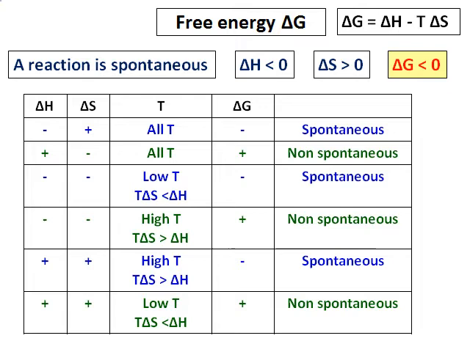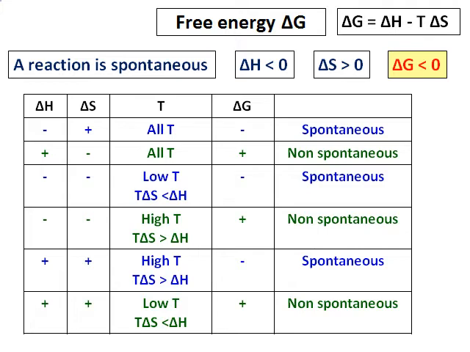thus finding the reaction to be spontaneous or non-spontaneous. You can see that in the case of negative delta H and a positive delta S, for all temperatures delta G will be negative and hence the reaction will be spontaneous. But in a situation where delta H is positive and delta S is negative, for all temperatures the reaction is going to be non-spontaneous. However, negative delta S combined with a negative delta H at low temperatures gives a negative value of delta G and the reaction becomes spontaneous. The various other combinations are also given in the table.